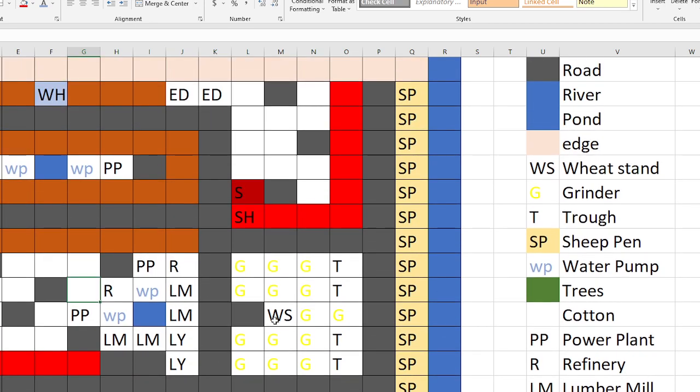At least that's the way I would do it. You can fill out what feels good, but before you can build these, you're going to have to get a lumber mill, and probably you want to get this gas production going. So you want to build a pond here and a water pump, and then you can put your lumber mill here. You get another water pump. This can produce gasoline, and this can produce